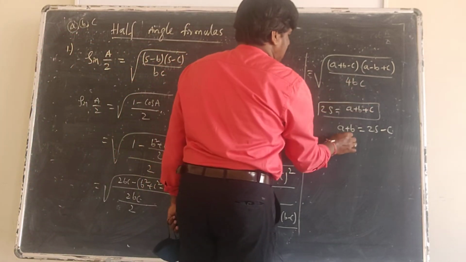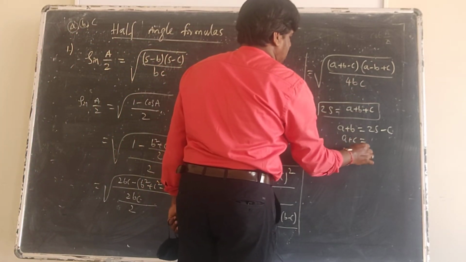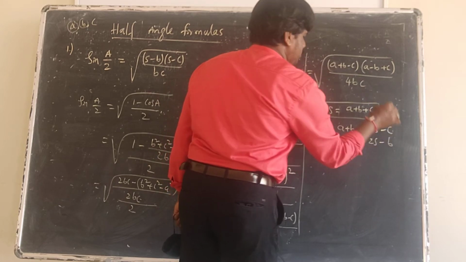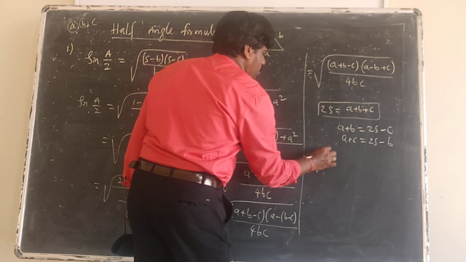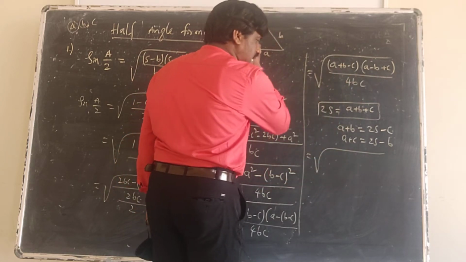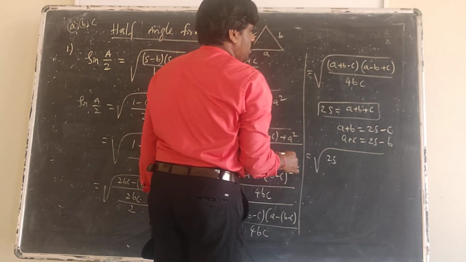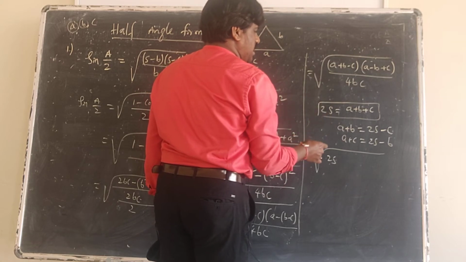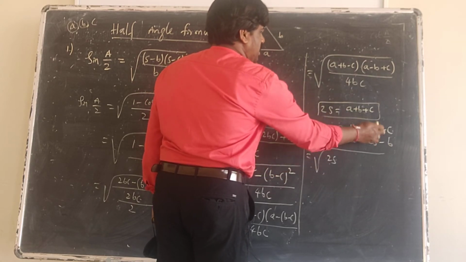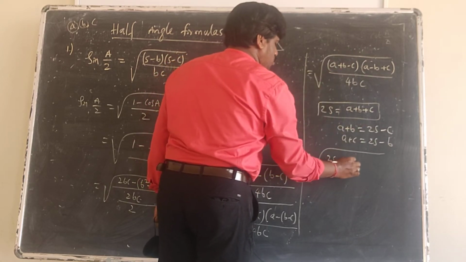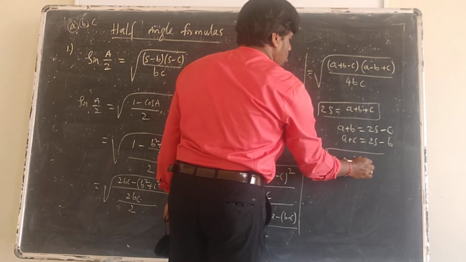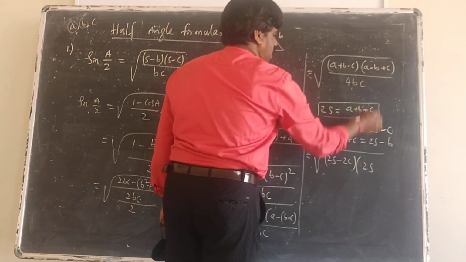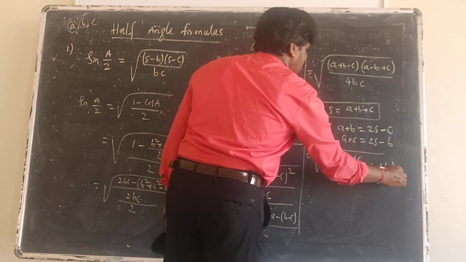And A plus C I can write as 2S minus B. Now if I substitute in this, under the square root, I can write A plus B as 2S minus C, and minus C, that is minus 2C. And A plus C I can write as 2S minus B, and minus B, that is 2B, divided by